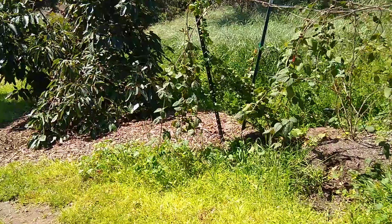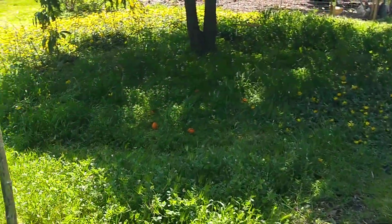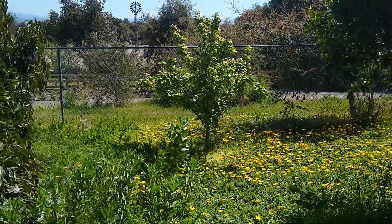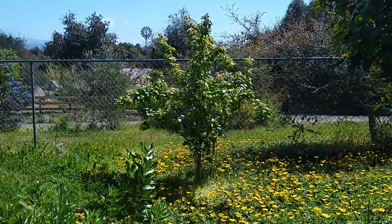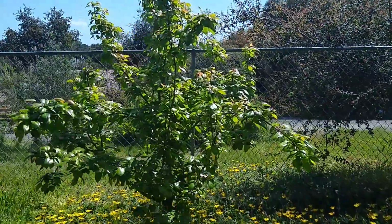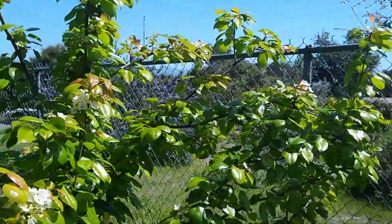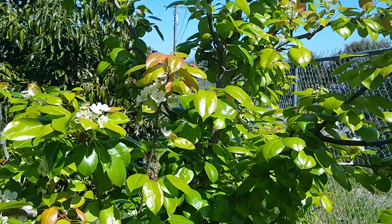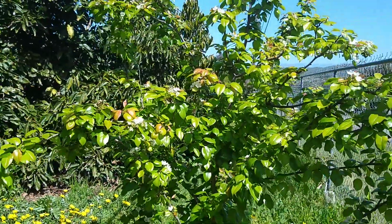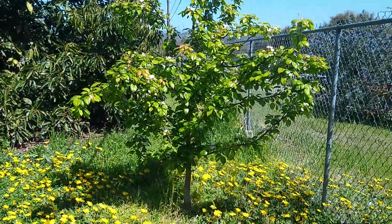I'm going to wrap around over here and show you a pear. This is a Fan Still pear. It's been a really good variety for me so far. It's finished its bloom. It's got a couple left, but nice tree. Very happy here, very productive, and the whole family likes the taste of the fruit as well. Fan Still pear. And then I'm going to turn around